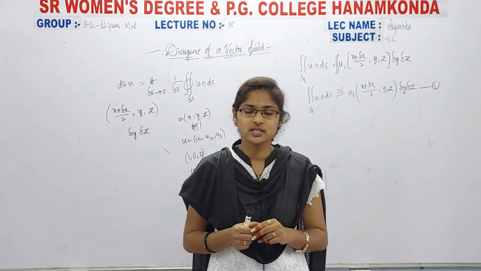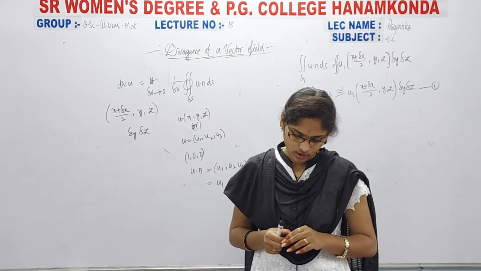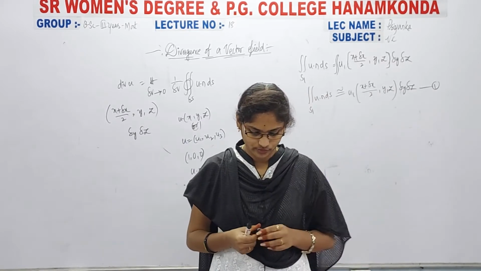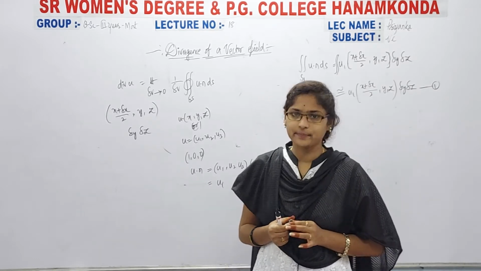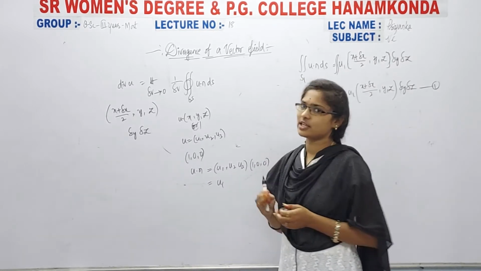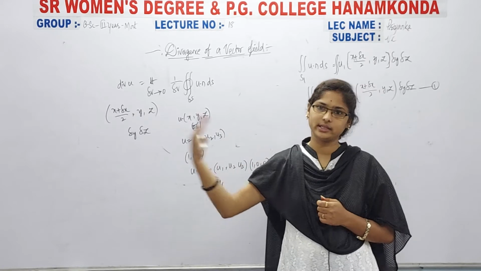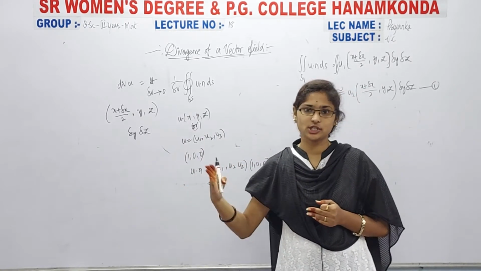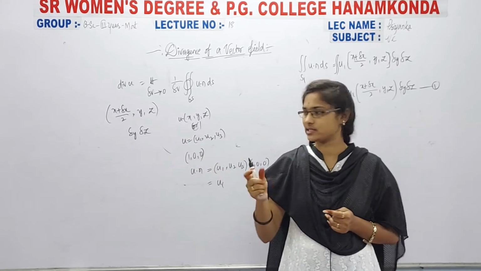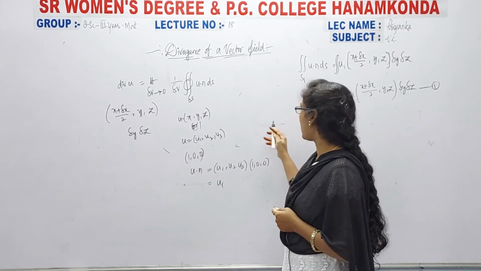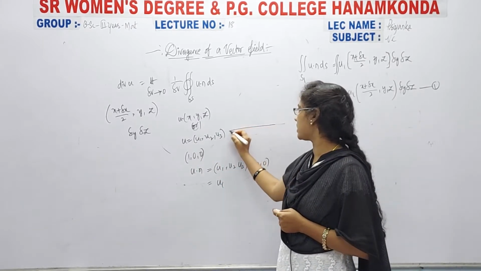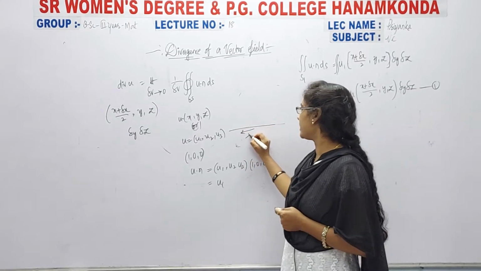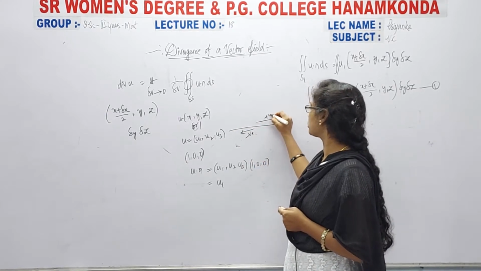to the surface S2, which is located on the other side. So there is a chance we have to take a negative, because the direction is different. The x axis moves in this direction, but now we are going in the other direction, so that means it is the negative direction instead of the positive direction.